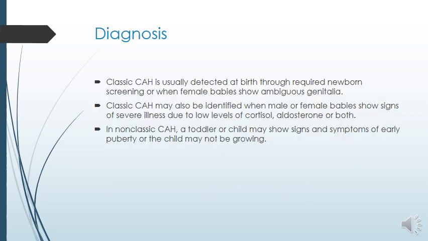Classic CAH is usually detected at birth through required newborn screening or when female babies show ambiguous genitalia. It can also be identified when male or female infants show signs of severe illness due to low levels of cortisol, aldosterone, or both. In non-classic CAH, you may notice signs and symptoms of early puberty in a child. In this case, when this is found and you have concerns,